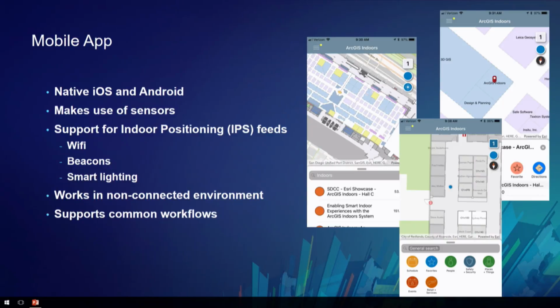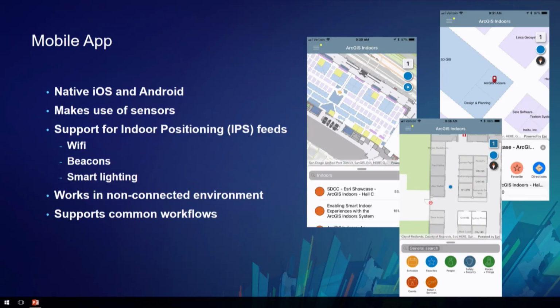So there's lots of people that are innovating in this space, using things like Wi-Fi fingerprinting. We work specifically with Apple and other vendors to utilize some of the stuff that's out there in the space with ArcGIS Indoors. We don't want to reinvent the wheel, but we want to support everything that's at the top of the list. That includes things like beacons. And we've deployed those here at the UC to improve the blue dot in the application as we use it here in San Diego.